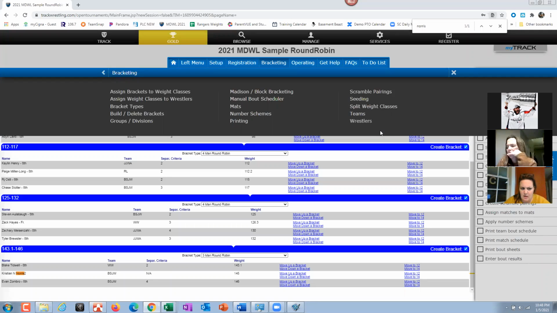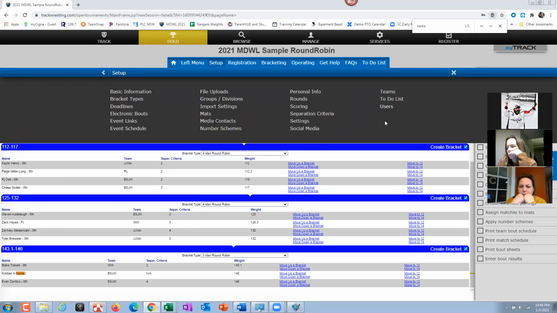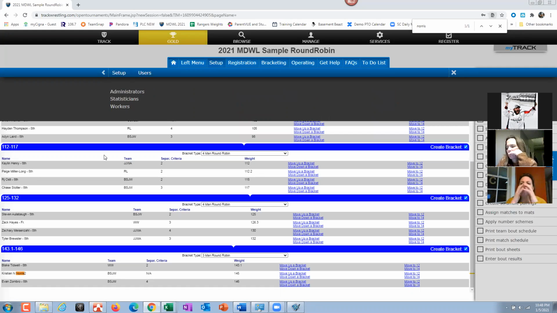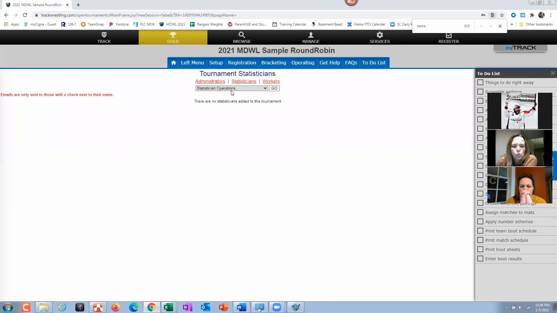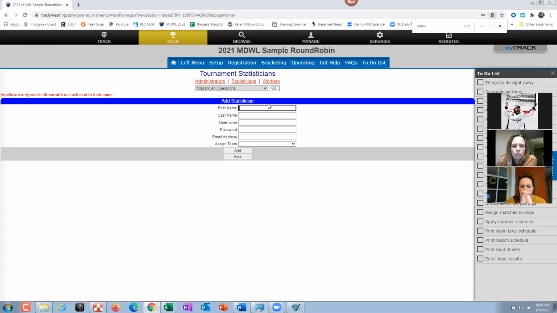Yeah, and so I don't know if you guys know that, there is a little trick, and I wanted to show you guys this. I'm actually doing it for Red Lion while I'm here. If you go to setup and go to users, and you want Danielle or whoever the admin is for Red Lion to see their green envelope, you can go to add statistician.